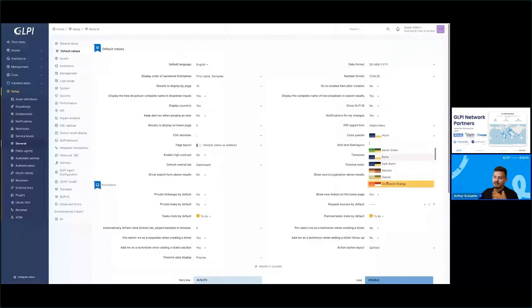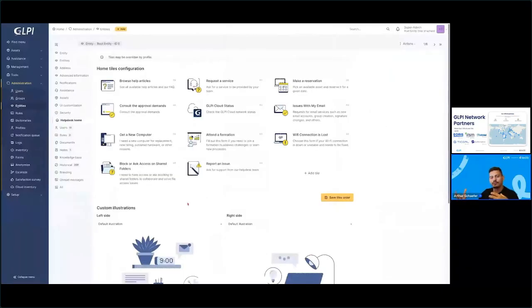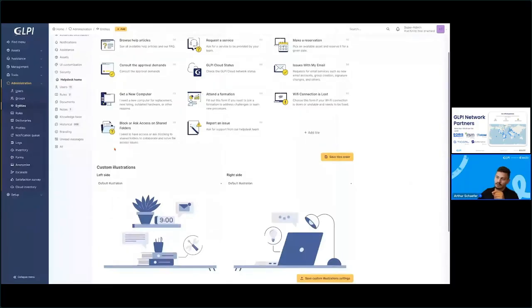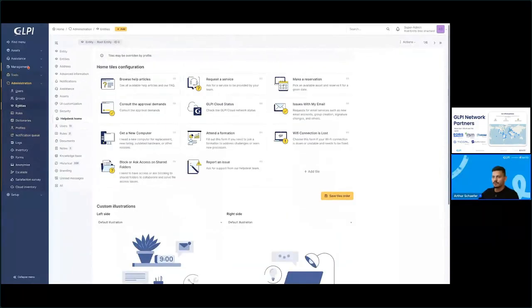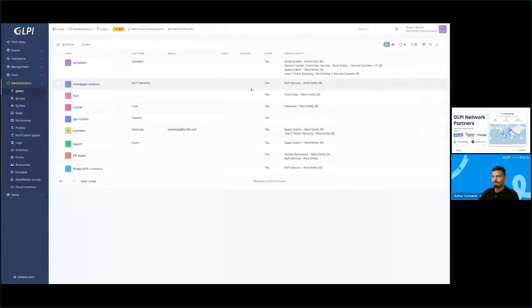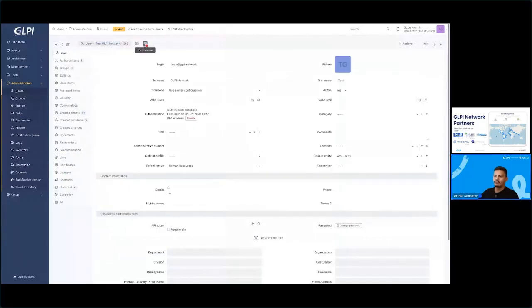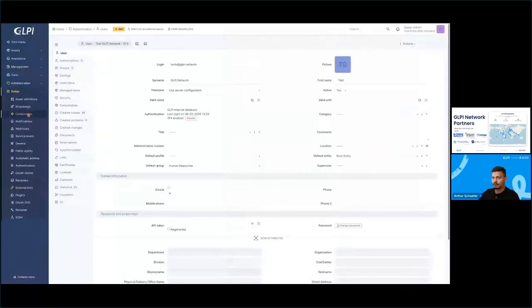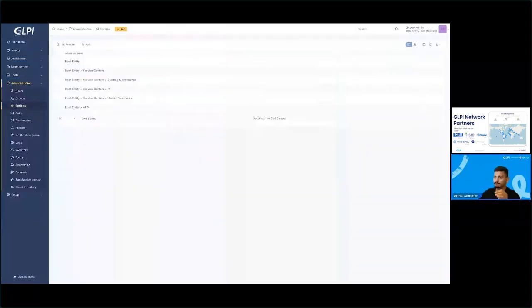This is nice because this is CSS code, so it will take all the colors that you have. For example, here you can see the links and the icons are a little bit more yellow and more blue because I've changed some CSS colors. And when we come back to the service catalog that I've shown you before, you'll see that the images are also a little bit different. So if you want to have your own images here, you can create your own images and upload them to GLPI. Coming back to the presentation, there on Entities, Root entity,